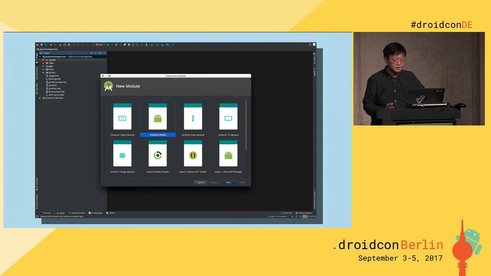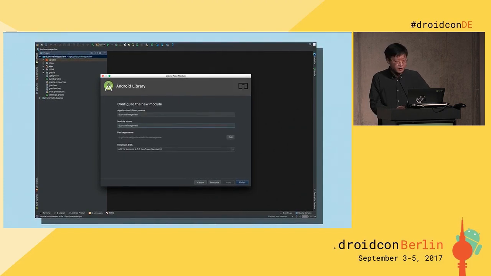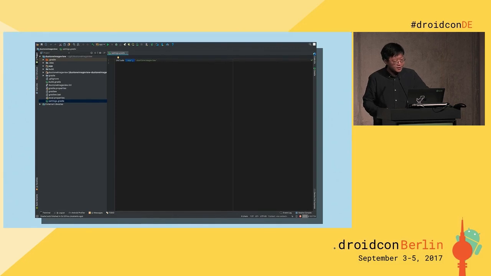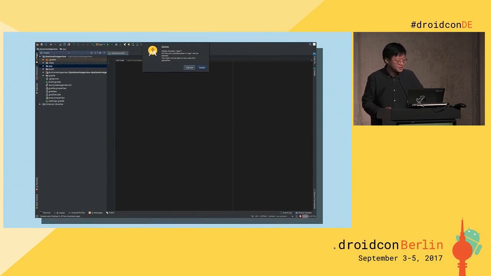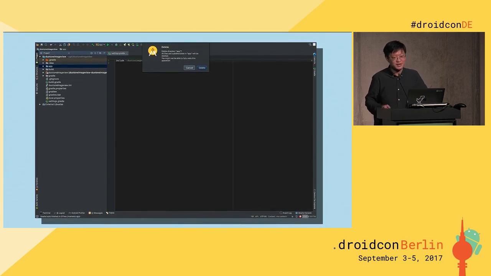In this case, this is an Android library. Type the library name and then the module name. And as I said, there are two modules in the settings.gradle. We don't need the app, because this is a totally library module. So delete the app and sync, and then also delete the app directory. I hope someday they support this process much more easily.